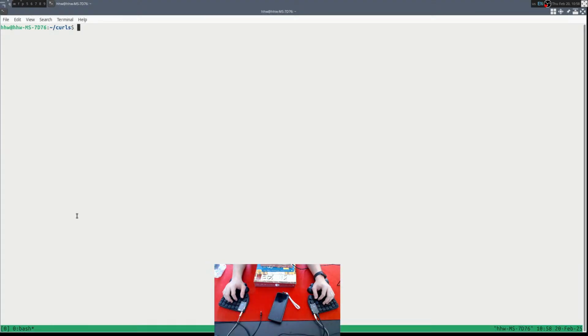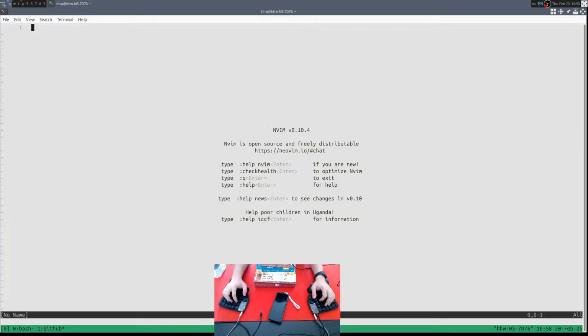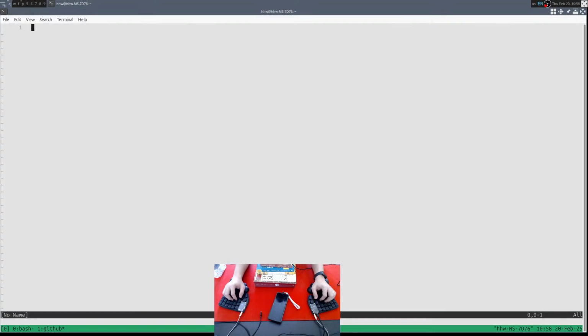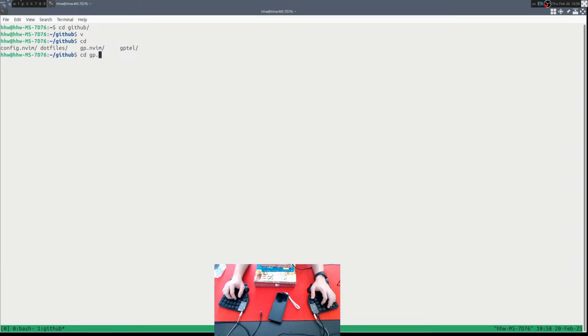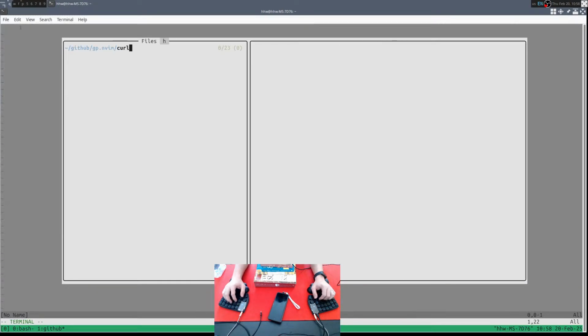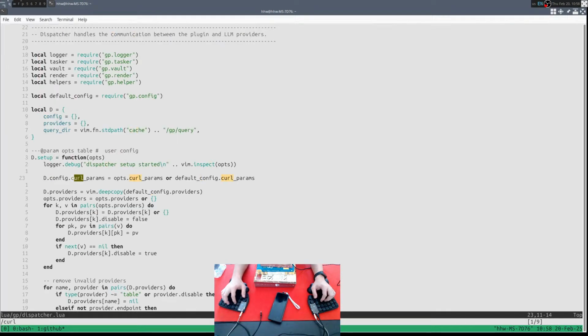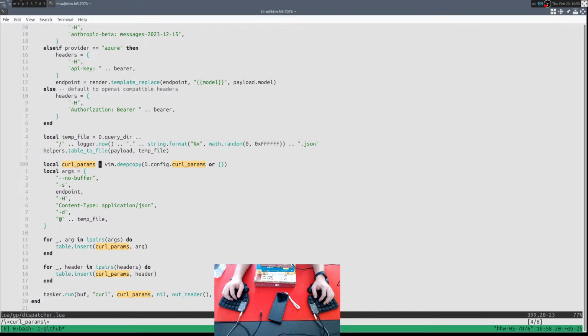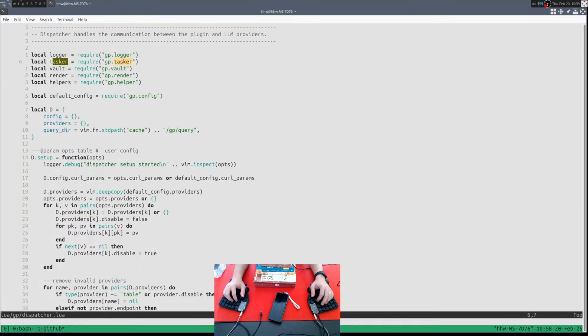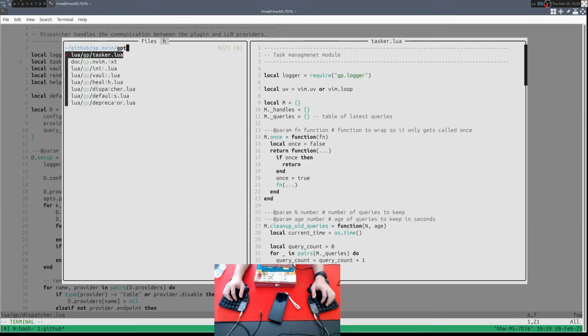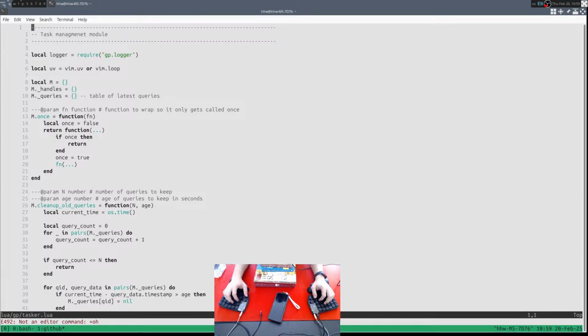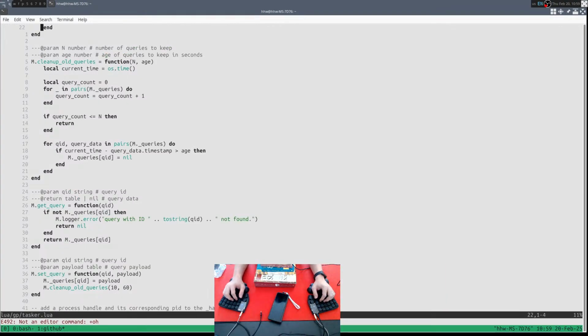Let's see. So GitHub GP curl config dispatcher curl parameters. Yes, yeah. Deep copy. Where's the curl? Tasker. GP tasker. Get query